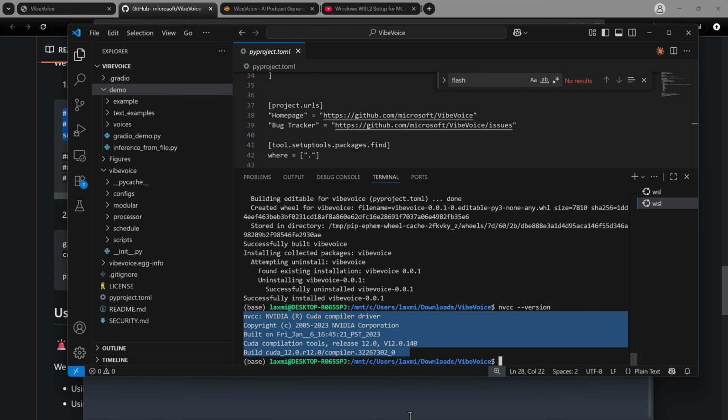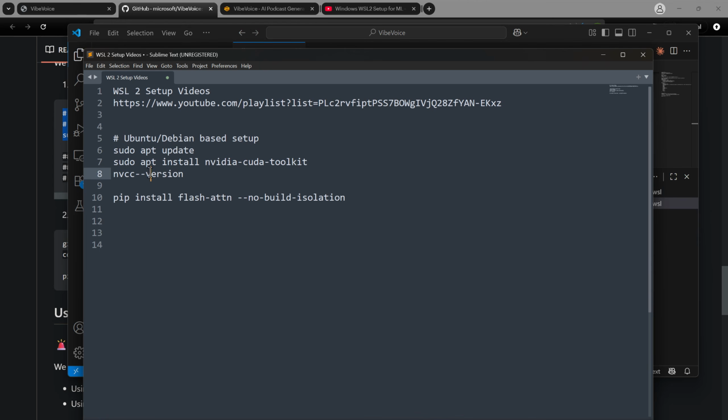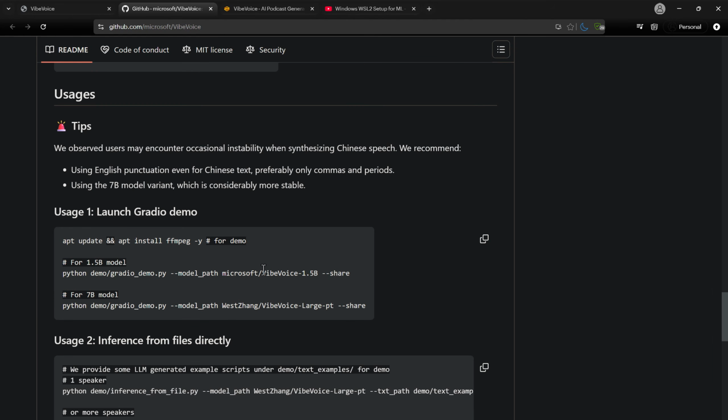Once you have that, thereafter you will notice what I'm doing here. I'm installing flash attention. Once flash attention is also installed, then finally you can use the 7 billion model or the 1.5 billion parameter model to run your model. I'm going to use this 1.5 billion parameter model.